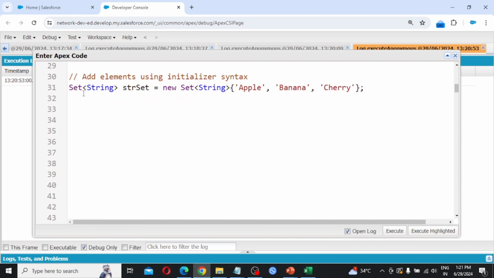So next we are going to see how to add elements using initializer syntax. Here we are going to take string values. So Set of String, this name we can take any name. Then the new keyword, Set of String, and in the curly braces, in single quotes, we have to provide the values. So apple, comma, banana, cherry, or any value we can take over here. To print this value we are going to use System.debug result. It is going to print as it is,